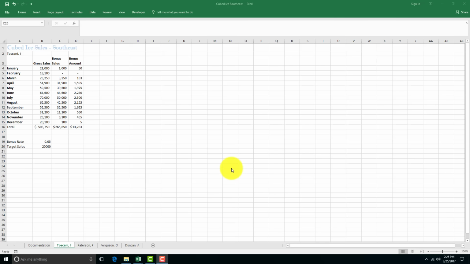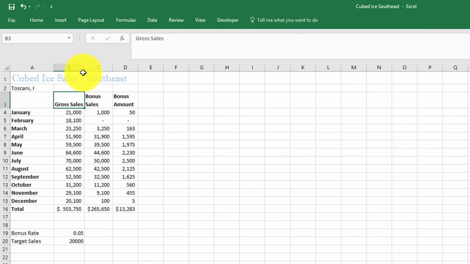So step 5, 5A says make a copy of the first salesperson's worksheet and then rename it summary. So what we do is click on the first person's worksheet. I like to pull it to the right, so I'm going to hold down Control, then I click the person's Tuscany here, the salesperson, and just move it to the right. Okay, and then I'm going to rename it summary. Press enter, and then I'm just going to move it where they want it, which is right after the documentation sheet. So this is our new